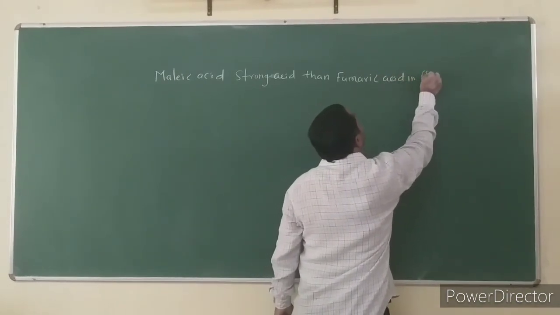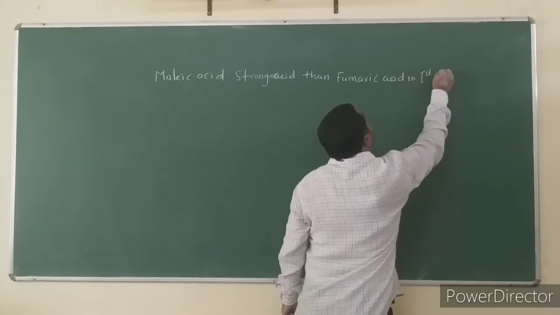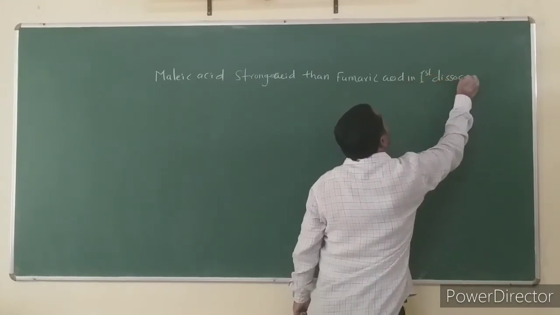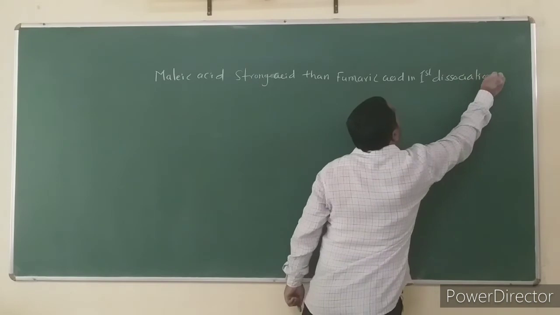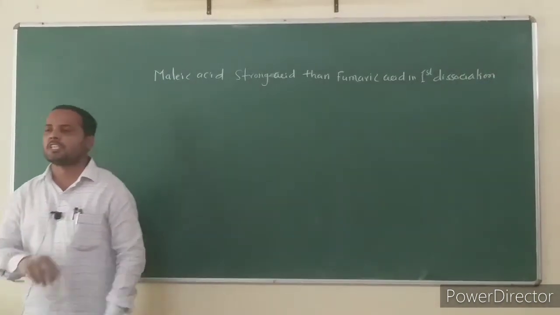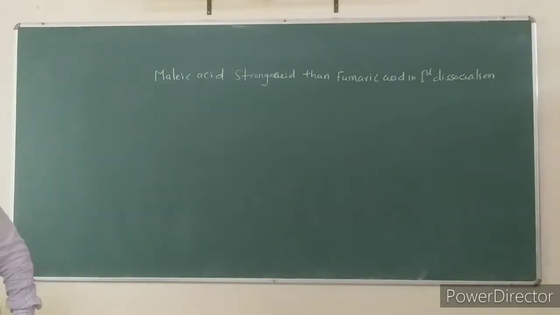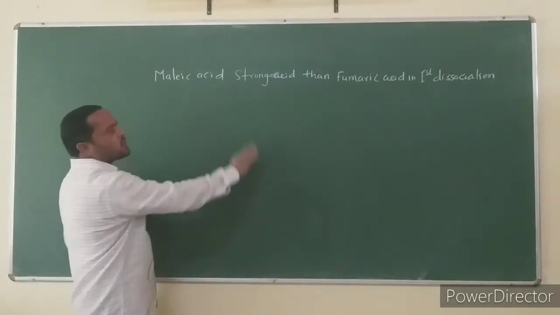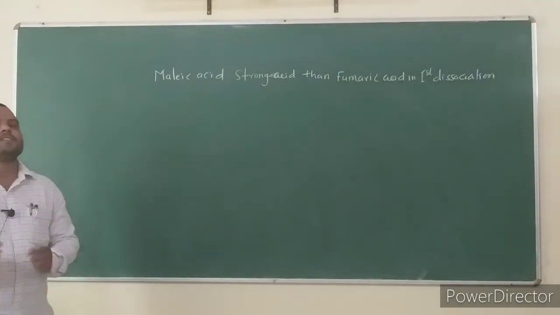The dicarboxylic acid has two acid functional groups, so two dissociations occur. Maleic acid is stronger than fumaric acid in first dissociation,